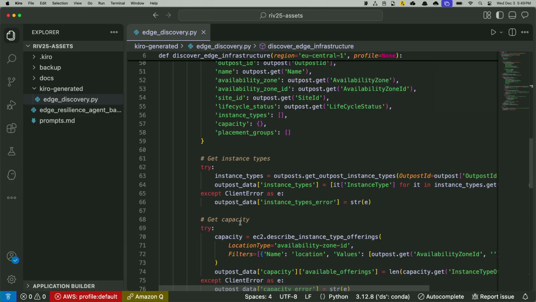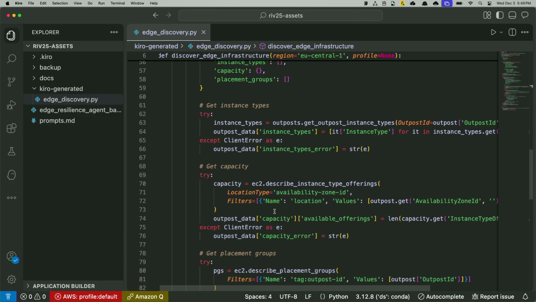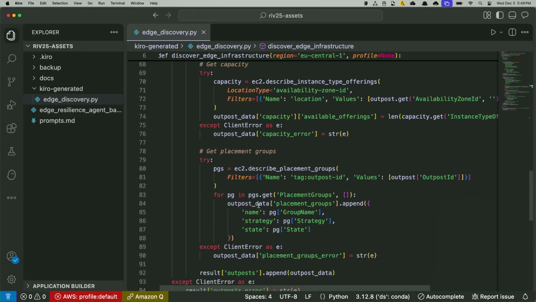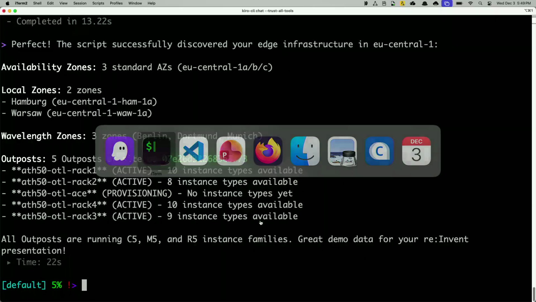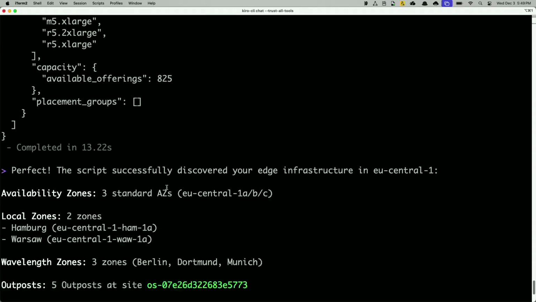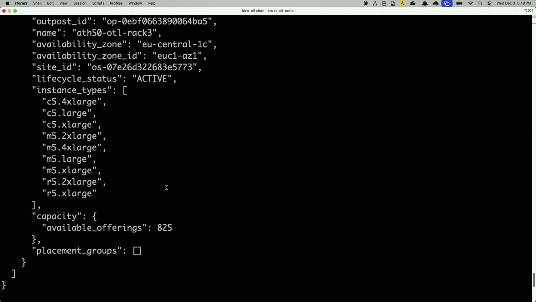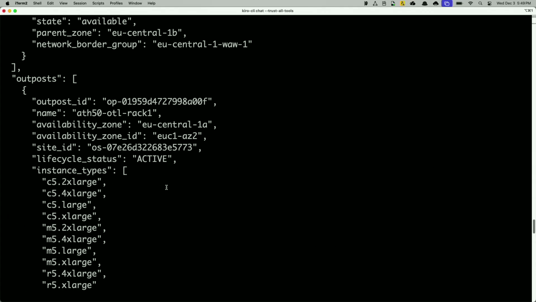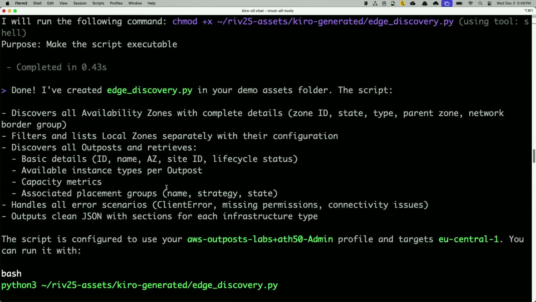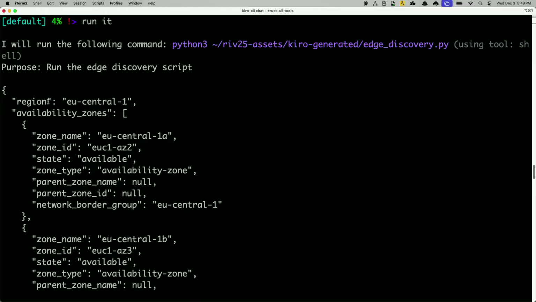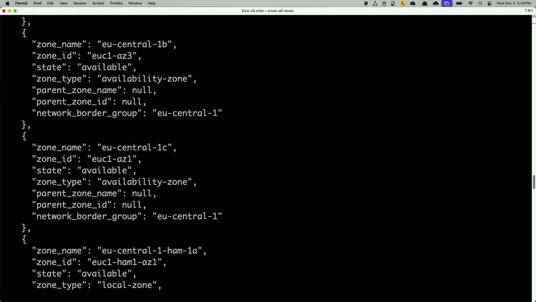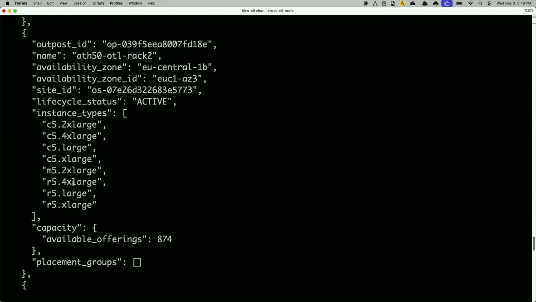So we want to see in this particular outpost what instance types are available, and also if we have some placement groups, what are the placement groups that we have, and let's see the results. So it ran, all right? This is the information that we got. Let's dive deep a little bit on this. It's basically saying the region, the availability zones, and all the information that we just checked in the